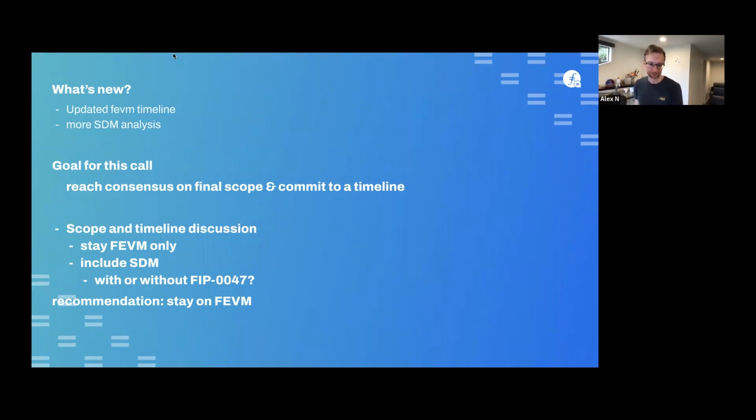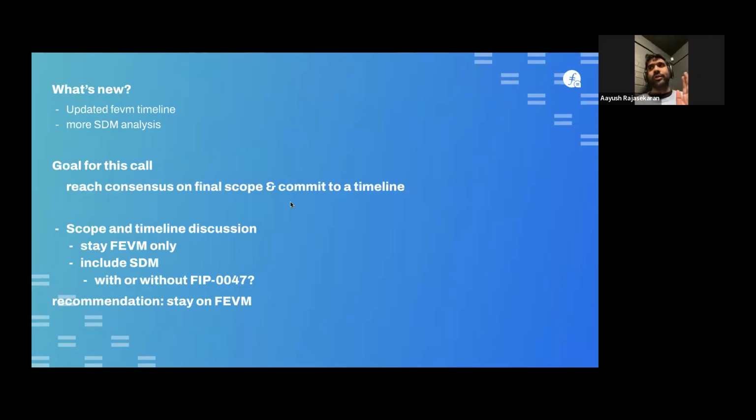Yeah, thanks. If you're okay with it, I would like to spend a minute just describing a world in which we want to get the biggest upgrade possible. I want to see if we are all on the same page about the work needed. From my perspective, it's obviously prototyping and actually implementing and integrating the SDM FIP itself, landing FIP47, which is in a reasonable state to be done,